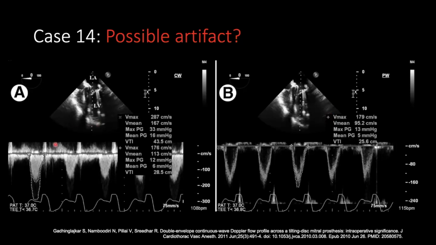that certainly the more dense jet in the center, with the lower amplitude but more dense jet, seems to be the true mitral valve gradient, the prosthetic valve gradient. That's understood from invasive studies where they've tried to look at the double envelope and then actually do hemodynamic tracing and figure out which one's accurate. But why do they have the other Doppler profile? We're not entirely sure. There's some suspicion that it could be because